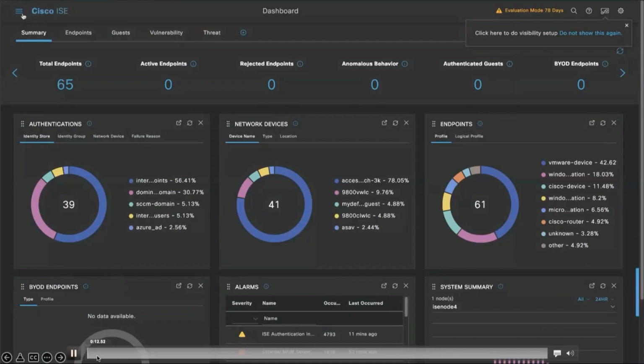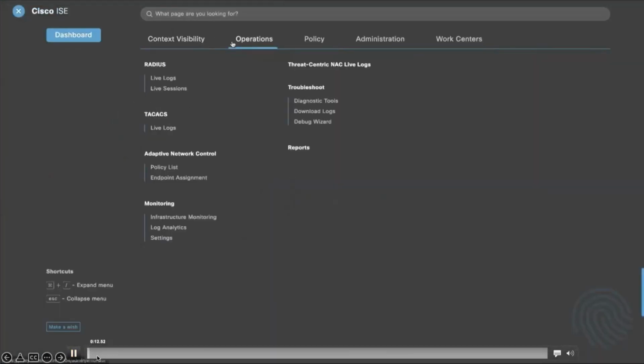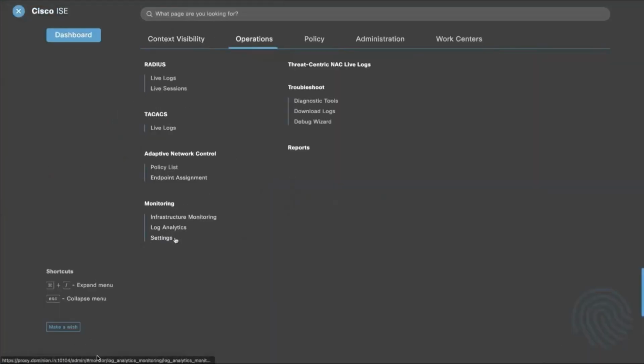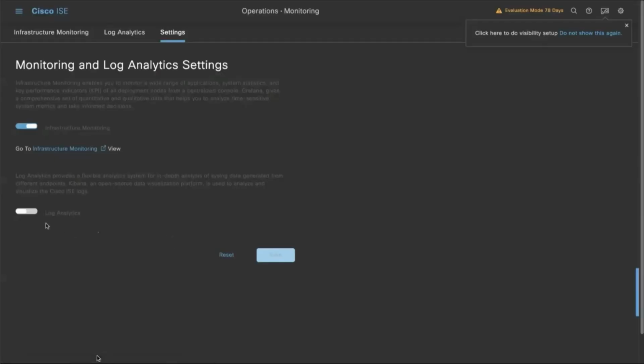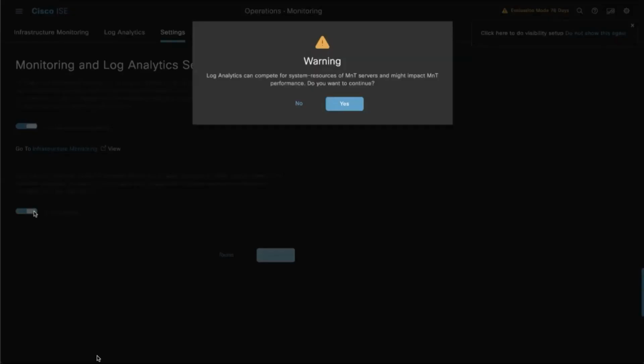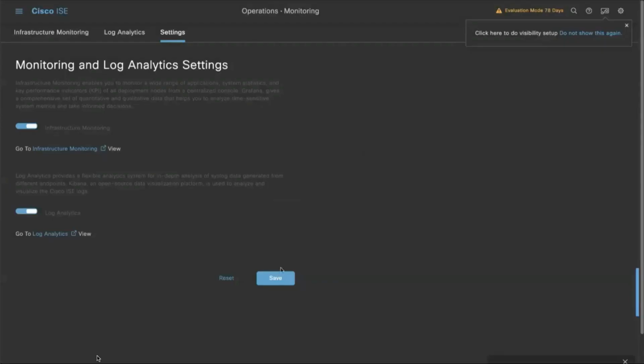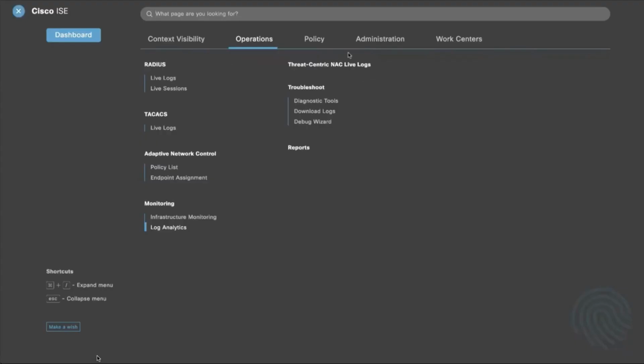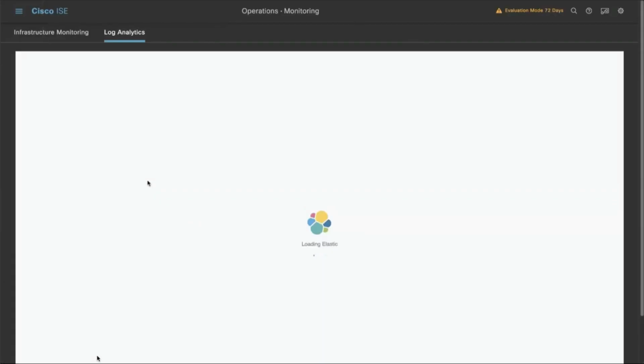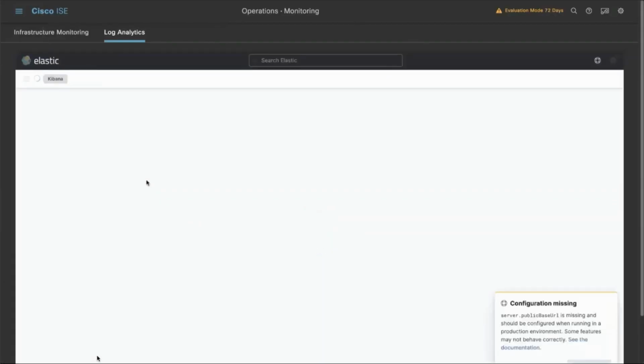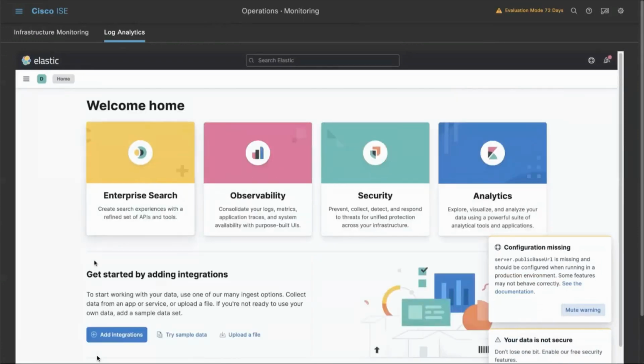Logged into the ISE again, go to the operations. By default, this log analytics is not enabled. One has to enable it and save the configuration. Go to the log analytics, operations, log analytics, and go to the